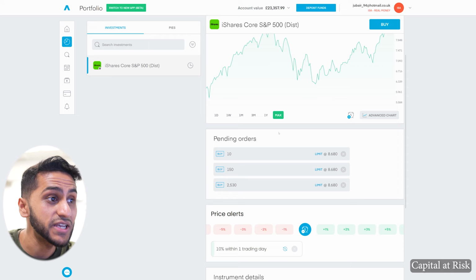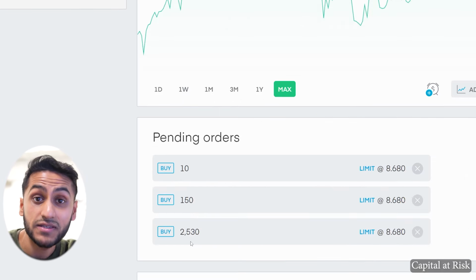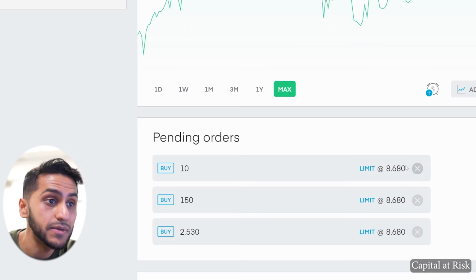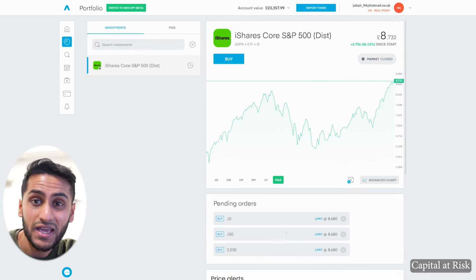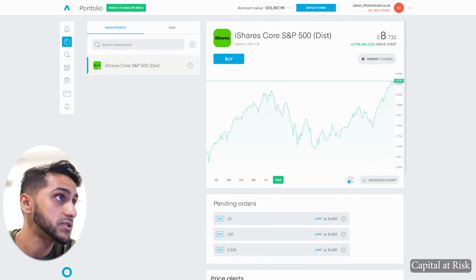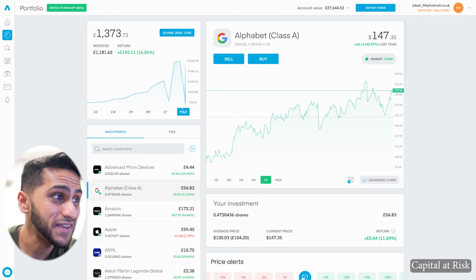As you can see, I can also check my pending orders. I already have these 3 orders, 10, 150, and 2,530, set to buy at a limit of £8.68. So if that price ever reaches £8.68, it will execute all these shares, and it does so really well with Trading 212. So going back into this main account, so this is my Trading 212 Invest account,